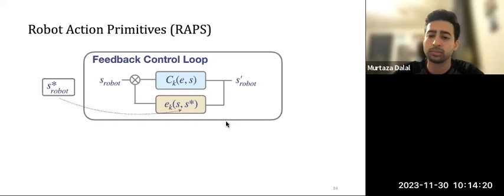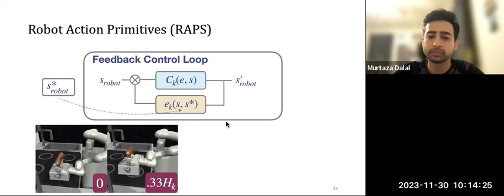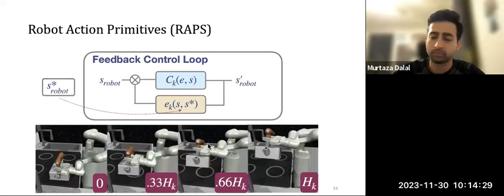So let's walk through an example. Lifting. Here, as you can see, the robot lifts just straight up in space. It takes in a delta Z for how much to lift the arm. And then over the horizon of H_k steps, it just gradually lifts the arm. A really important thing to emphasize here is that these primitives are just a function of the robot's proprioception. They are not a function of the environment. They're not object specific. All of that is abstracted away.